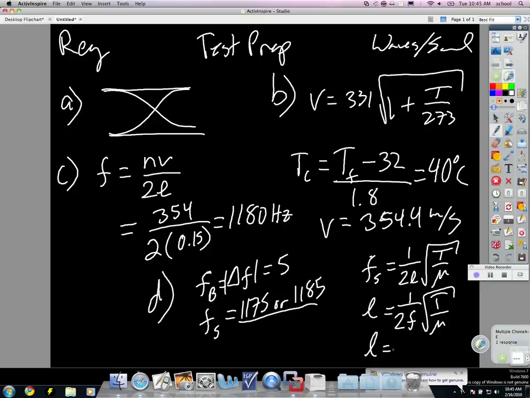So it should be the square root of 55 divided by 0.0025, and then divide that by, let's take the lower one, 2350. What do you get? 0.063 meters, which is